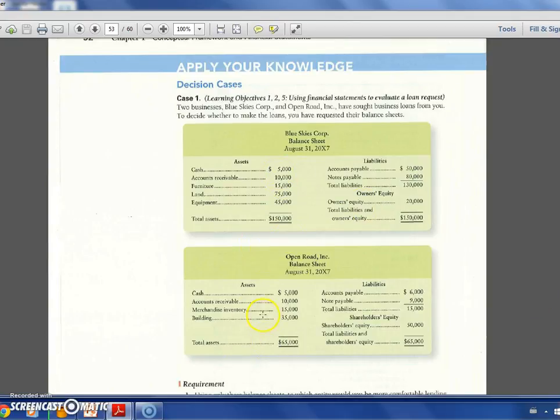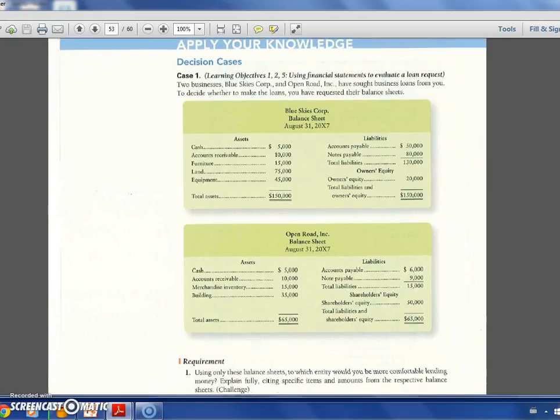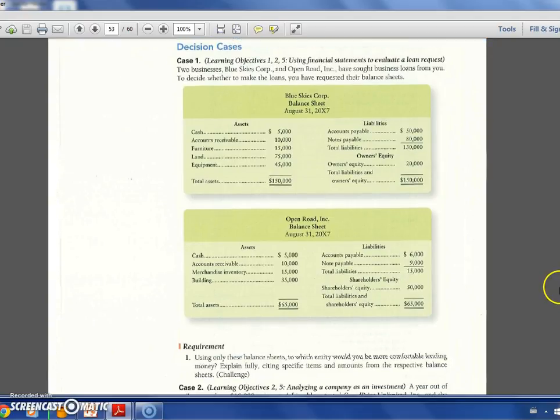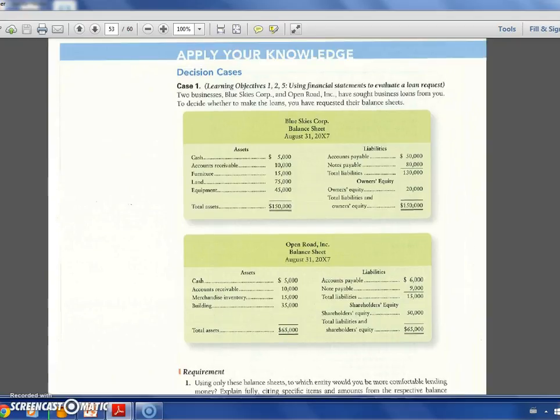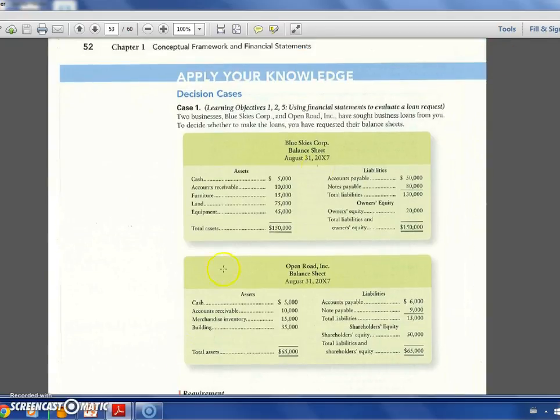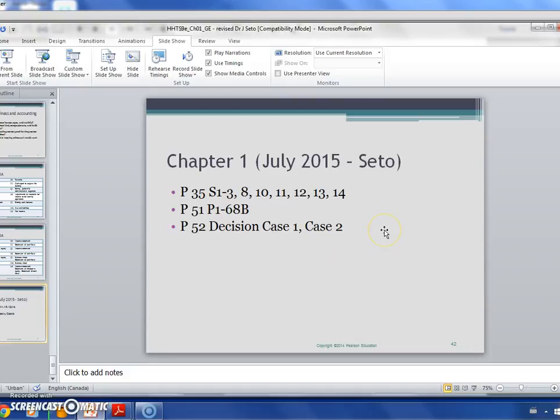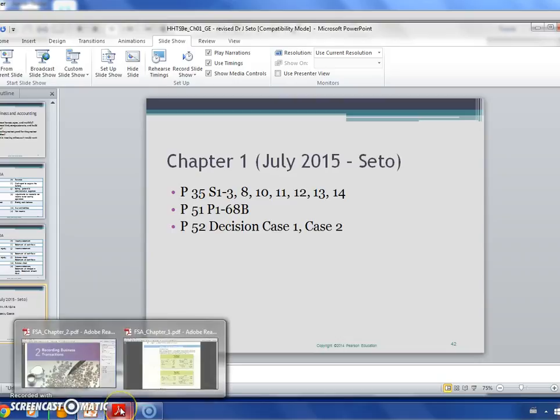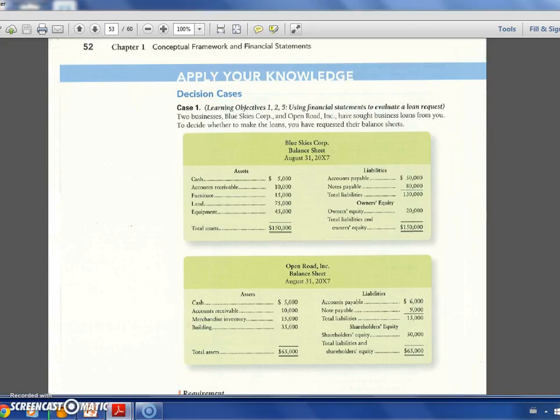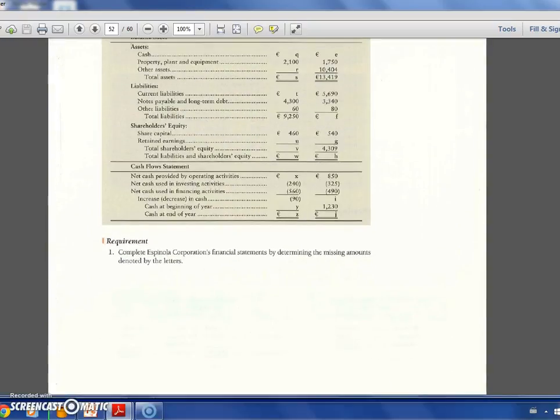Basically, you've got two companies, and they would like you to loan them money. What you have to evaluate is which one you are more comfortable loaning money to. Is it Blue Skies or Open Road? So what's happened is you've got the balance sheets, and which one are you more comfortable with? You're only working with one balance sheet. So give it a go. And I'm near the end of my time with this software program. So anyways, if we just keep it nice and short, this is page 52, and on page 51,